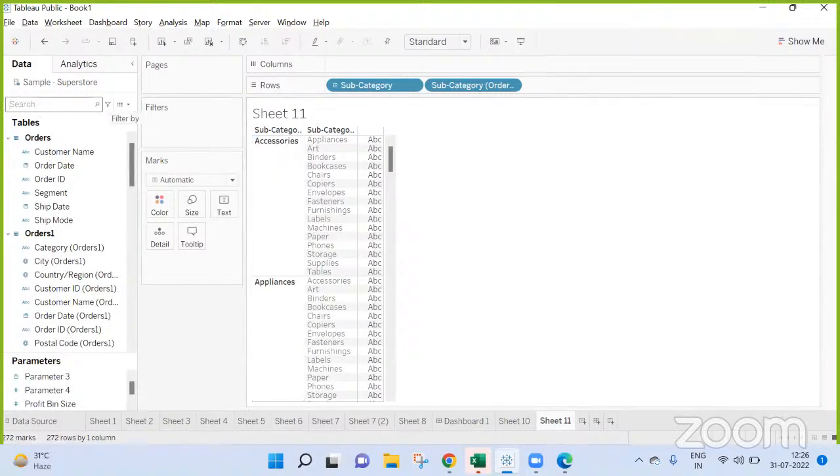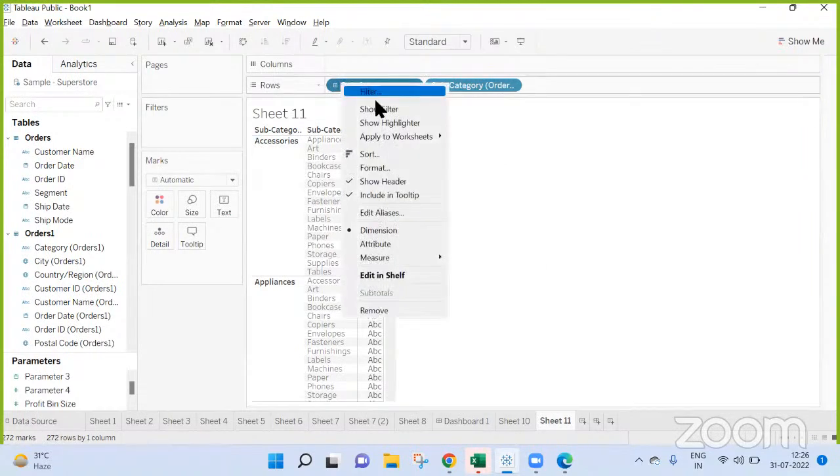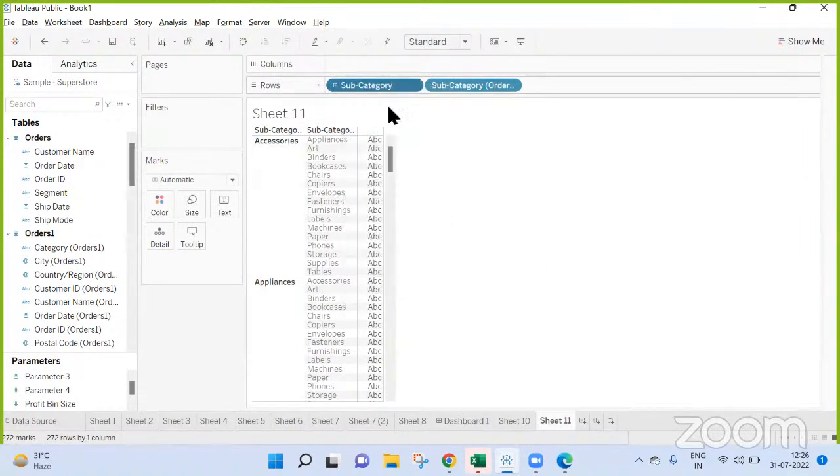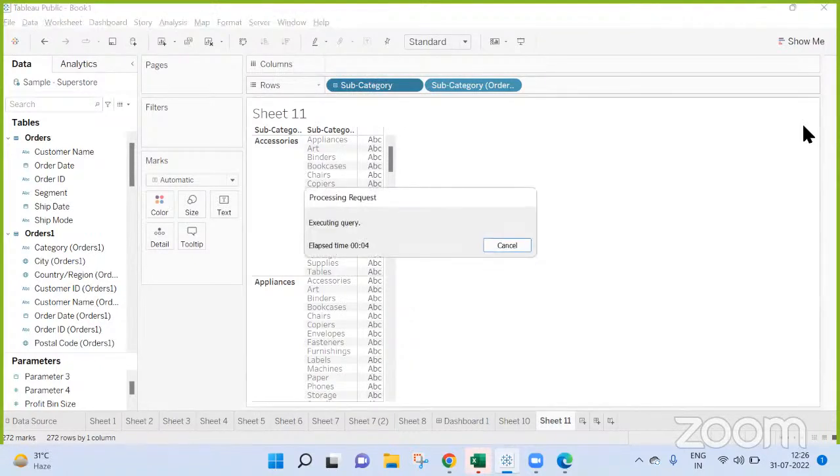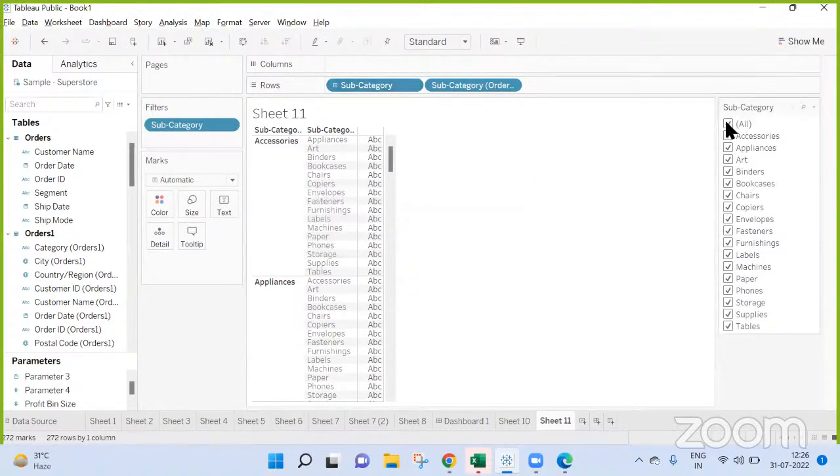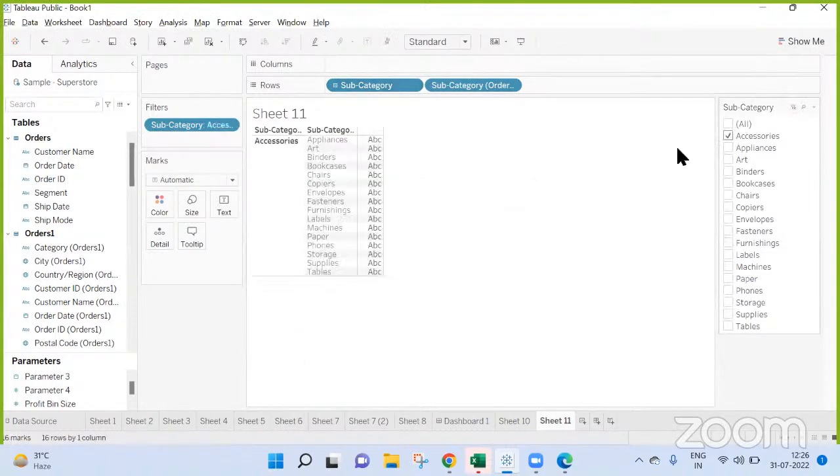Now here you can get the combination data, which I don't have right now. So yeah, now whenever I click on accessories, it will show accessories and all the combination data with that. It is showing accessories and its combinations only, right?